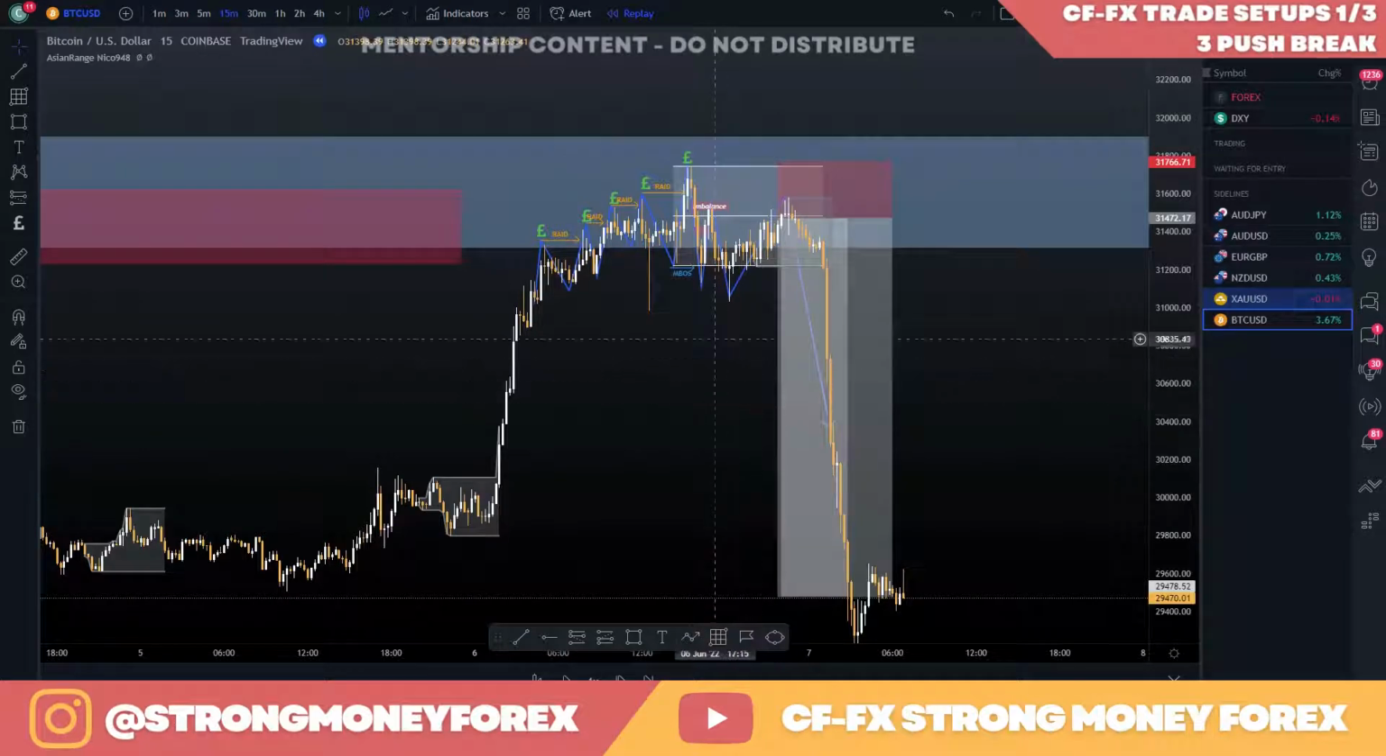You can see all the elements are still there. Imbalance, 3 pushes, impulsive move down, return to 50%. It's really simple. You can take these on any time frames, but I personally feel like the 5 to the